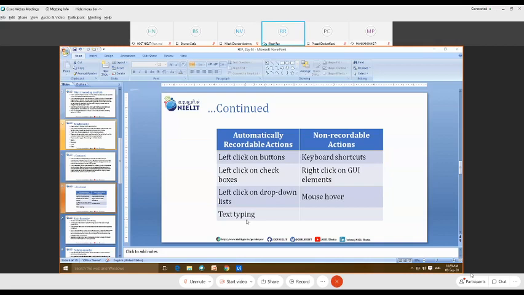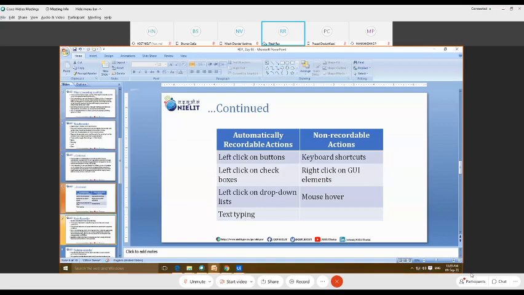So we'll see one example in which I will type some text in Notepad, and by using the basic recording with text typing and left clicking, I'll showcase how the basic recording works and how we convert those manual actions into an automation project using this recording option.